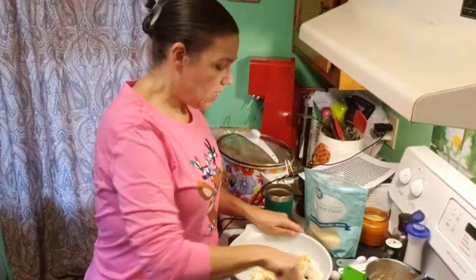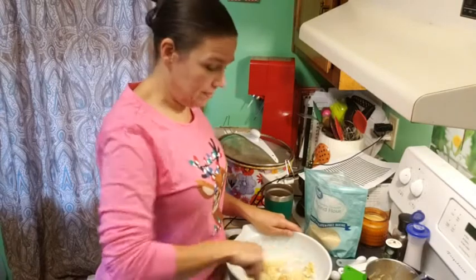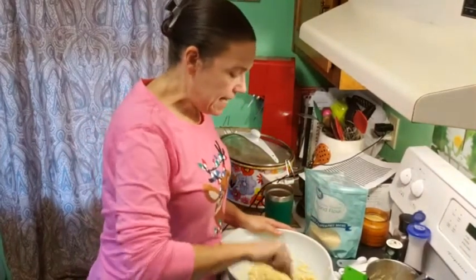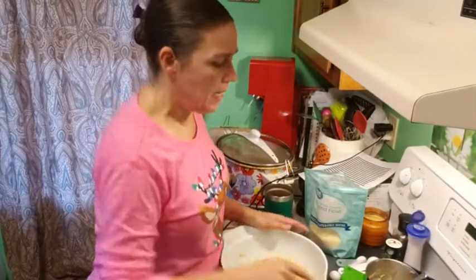And I'm going to cook it for about 20 minutes, and then I'm going to check it. And if it's to the consistency I would like, which is done, then I'm going to take it out of there, and I may do the cornbread dressing video as well. But I'm going to take it out, and I might add a little more salt,